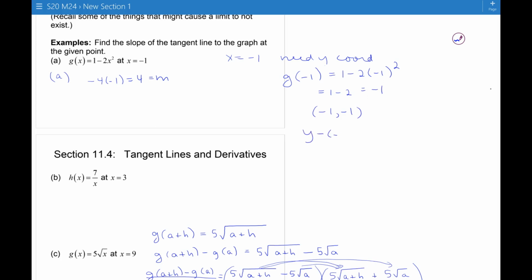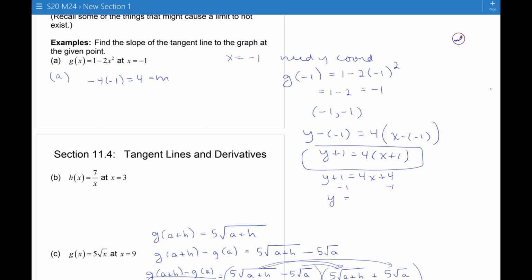So we're going to have y minus -1 equals 4 times x minus -1, which we should write as y plus 1 equals 4 times x plus 1, and then you're done. If you want to compare with answers in the back of the book, you're going to have to rewrite it in slope-intercept form, but it's just a quick algebra calculation. And there we have the equation of the tangent line